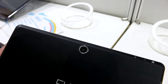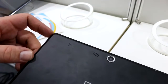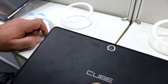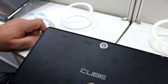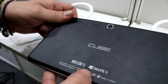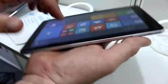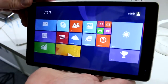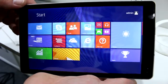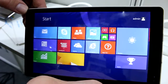Again, can be configured by the OEM importing this. And these two stereo speakers right here always give away those very basic Intel reference design based tablets based on the Bay Trail entry platform, because Intel's layout is actually just like that, and they've adopted that. So you get a plastic back, but it feels very sturdy. There's no bending right here, and it's definitely a decent device, which I'm really looking forward to see in the Western Hemisphere. So that's just been a quick look at the Aldo Cube or Cube U80 GT at Computex 2014,